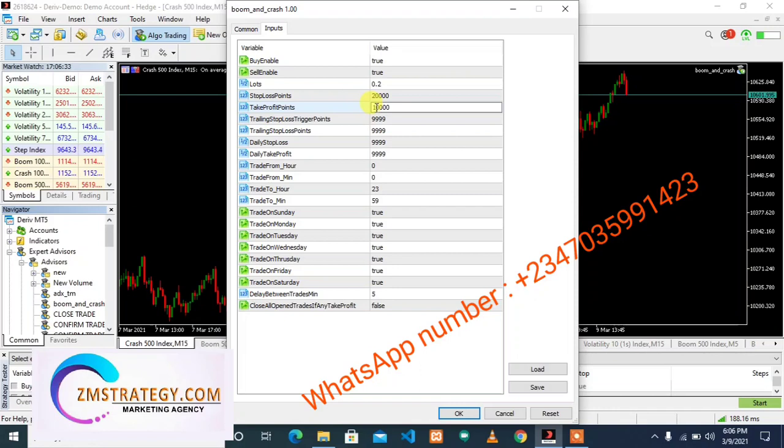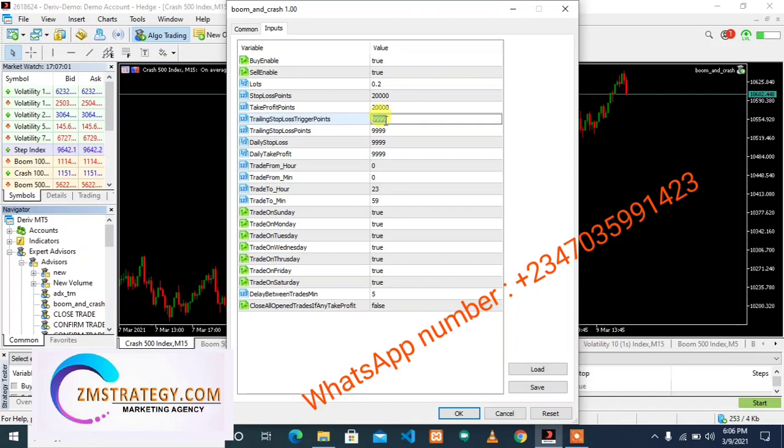Now we are using 20,000 points as our take profit also. Now how does this trailing stop loss trigger point and trailing stop loss points work? Let's say we are using 20,000 points as stop loss, then 20,000 plus as take profit. So let's say, for example, if the market is going towards our profit direction, we can quickly say that if